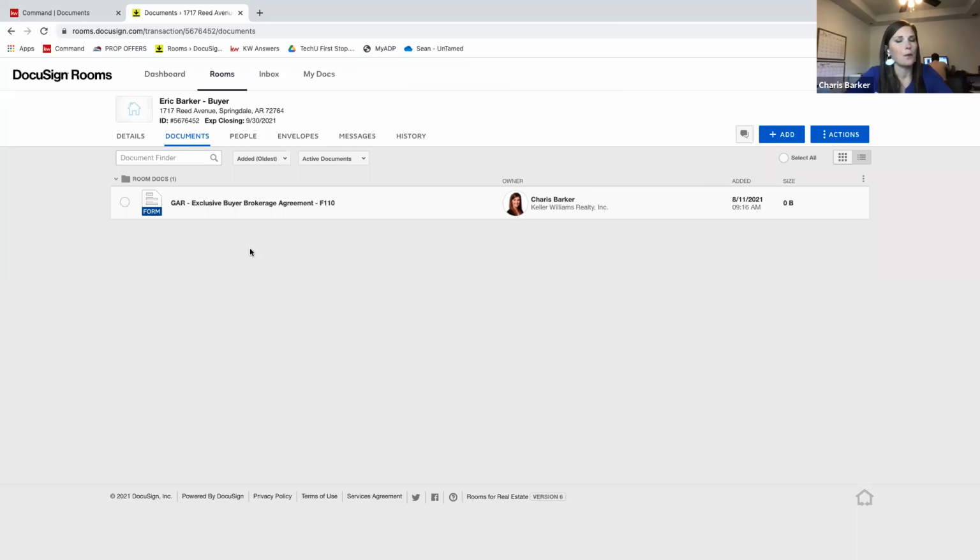Okay, so here you have the GAR exclusive buyer brokerage agreement. You'll notice here that it's blue and it says form. That means this is customizable, but it's going to have defaults on there. So when you change it and you need to go back and redo your buyer brokerage agreement, say you messed up on a date or something, you have to go to this form. We'll have other versions in here in a little bit, but this form is the one